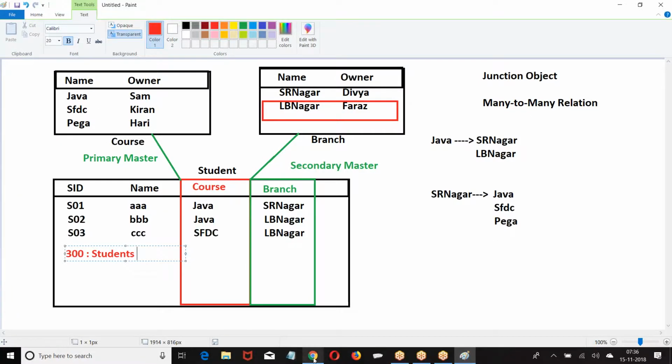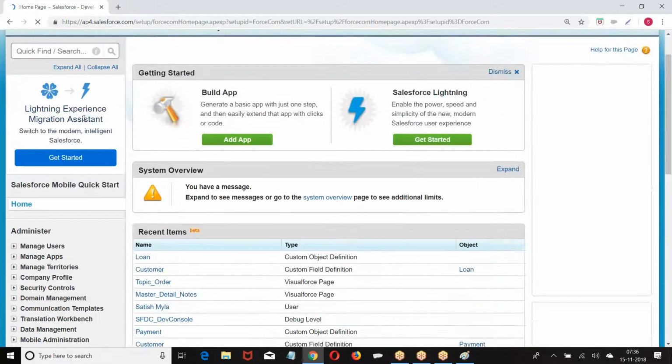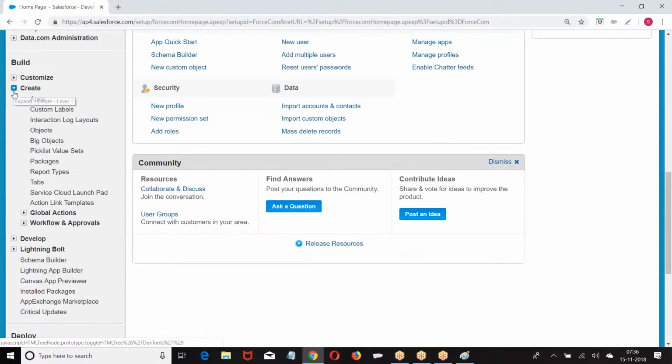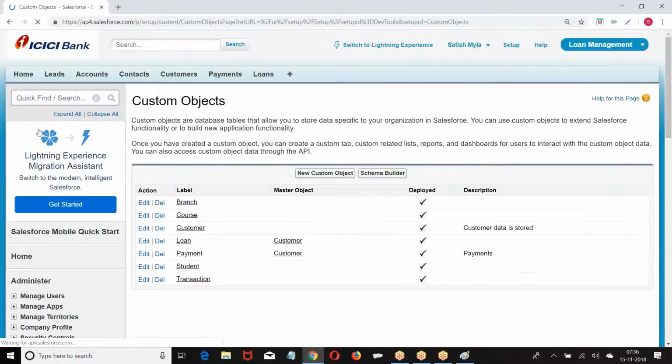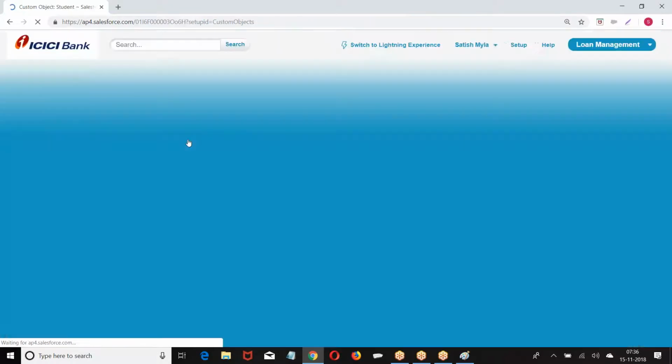So let me give you a demo. Already I have course, branch, student. Course object, branch object, student object. Now where should I create? Student.